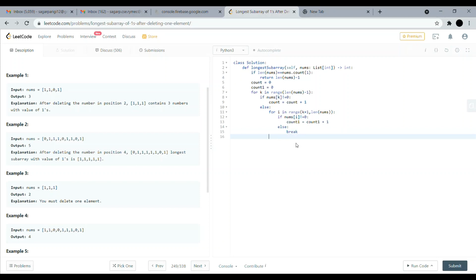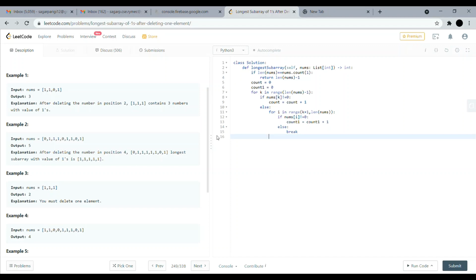After breaking this, I'll have to add this number of 1 counter to this number of 1 counter, so that I get the max number of ones after deleting this element.